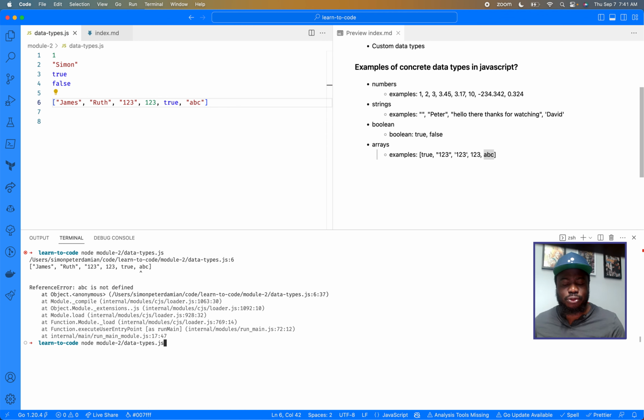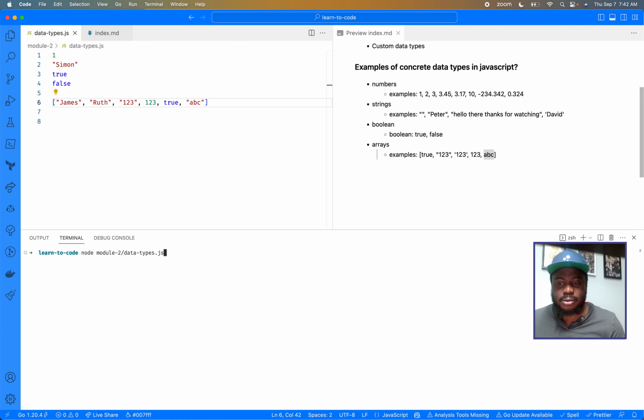And let's run the program again. You always have to run the program to see the output. Now, this time around, I did not get an error. I'm going to clear the screen with clear. This time around, I did not get an error. Why is that? And that's because by taking this out, the JavaScript program does not really understand what this